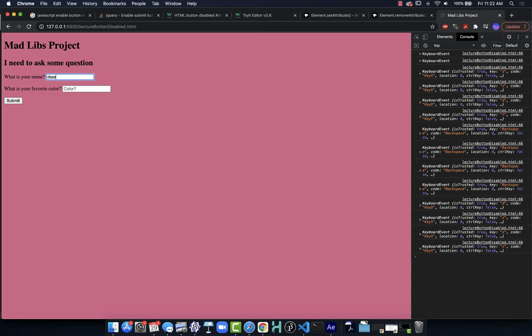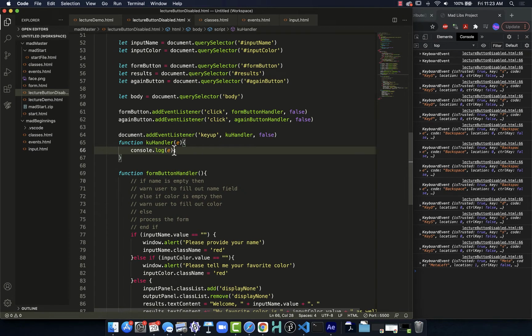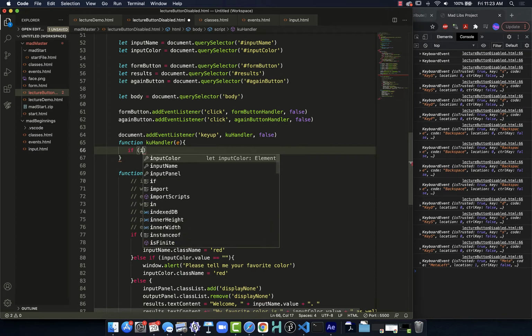So we know when a key is being pressed. So that's good with it. So that's a good first start. So we know we can capture that key up event. Now I want to do something with it. So what we want to do is we want to find out if